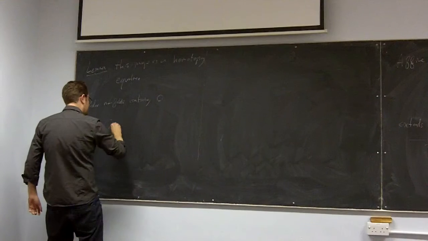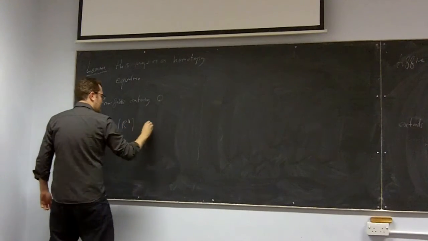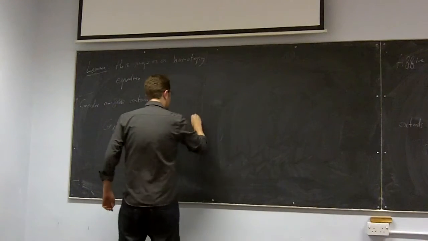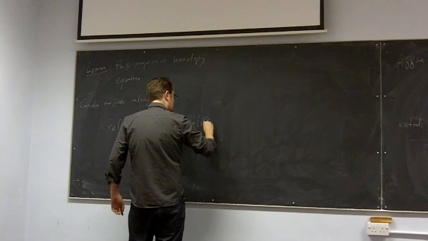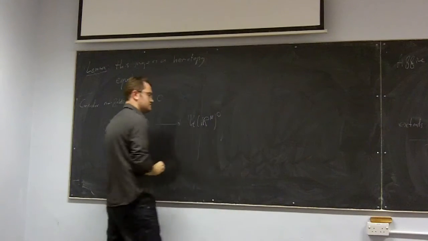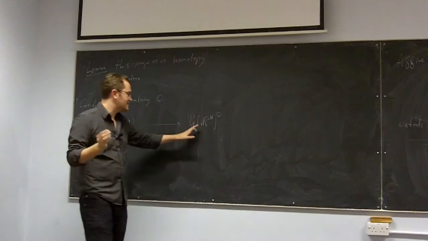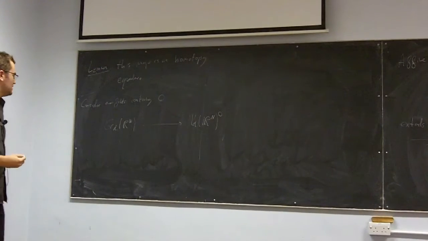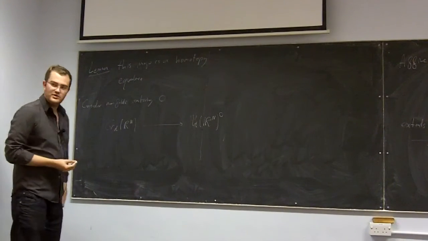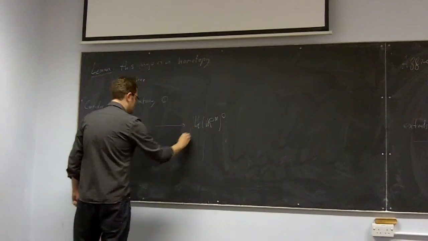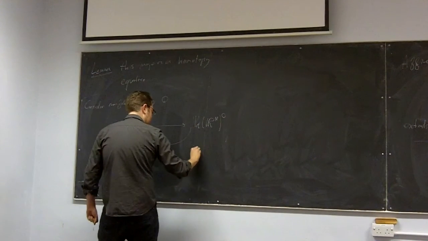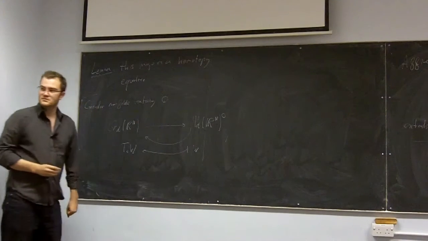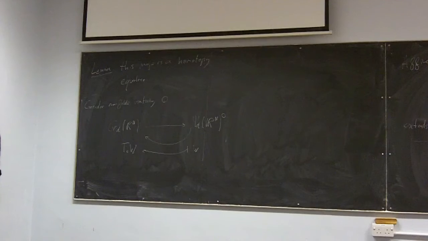So here we have the Grassmannian of 3 planes in Rn, and here, well, I don't have a name for it, so let me make up a piece of notation. Psi d Rn 0. So this is all d-dimensional manifolds in Rn that contain the origin. In particular, they're not empty. Now here we of course have a map going the other way. We have the map that sends a manifold to its tangent space at 0. We know it goes through 0, so we can take its tangent space there.